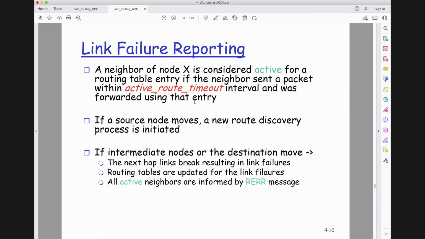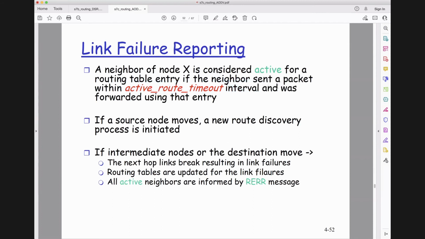Remember before we had a route from C to D, right? So if C has a routing table entry for D, then D is active if, within this interval, the active route timeout, which is a value,